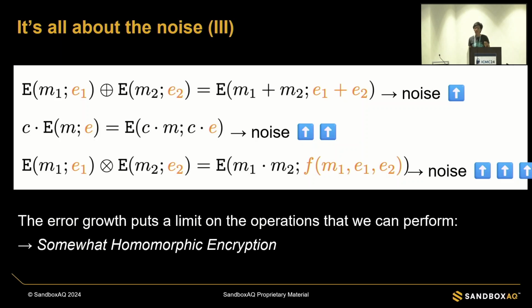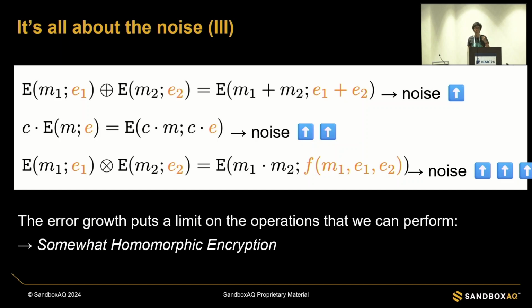And when we compute the product of two ciphertexts, the resulting error is a function of one of the messages and the two previous error levels. And usually it's more or less like doubling the error, which means that the operation that increases the noise the most is usually the product. And this is why also when talking about FHE schemes,